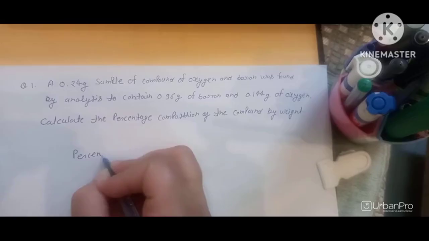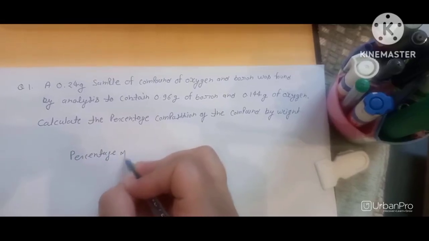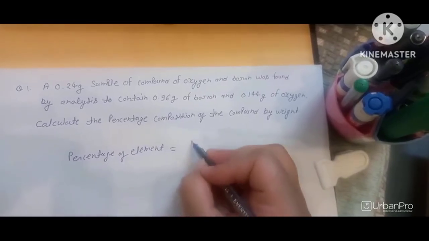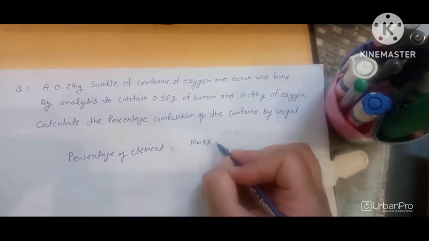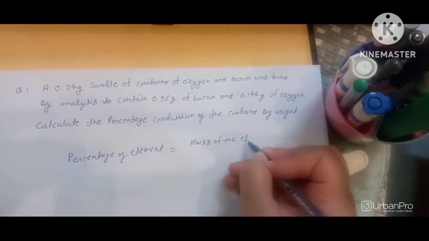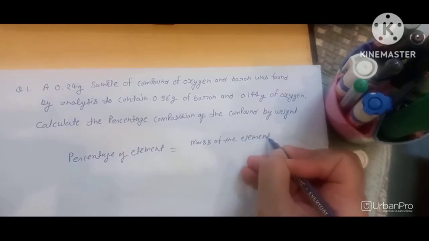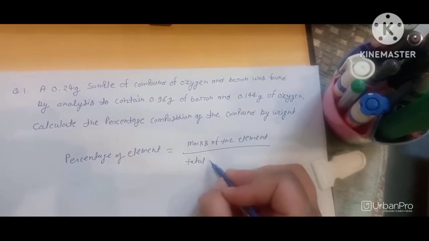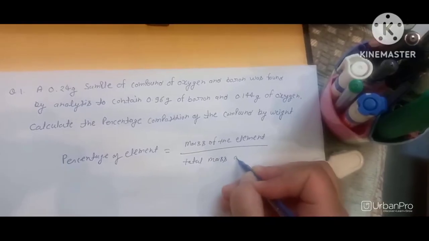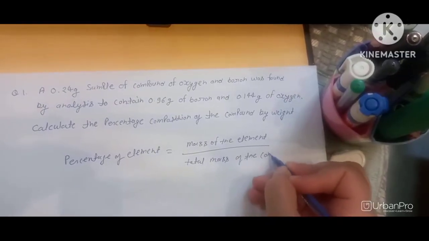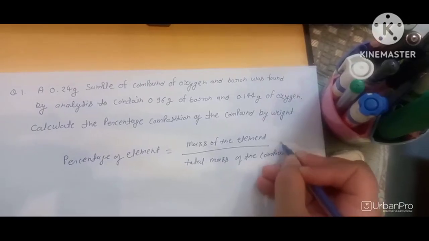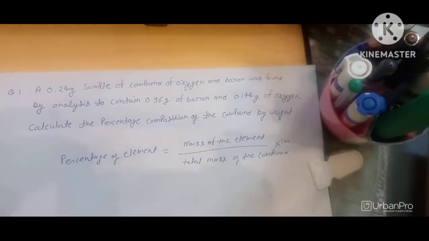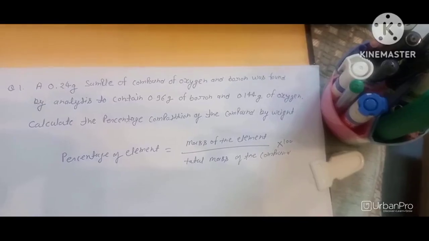percentage of element equal to mass of the element upon total mass of the compound into 100. Right? The total mass of the compound is already given as